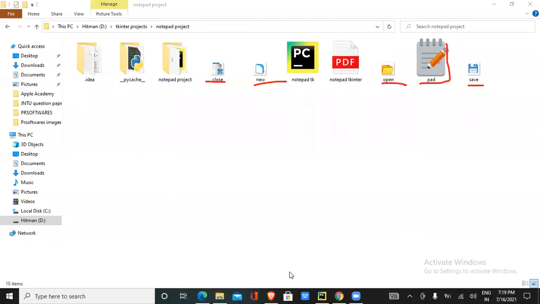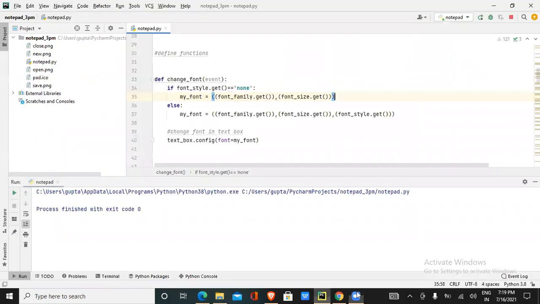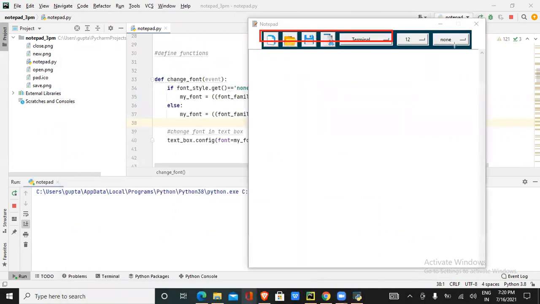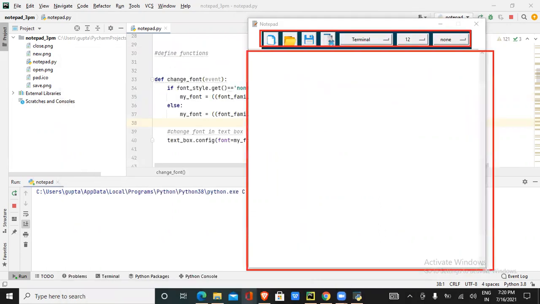So we'll start with the creating part. We'll go with the first part today, the basic layout of a file like Notepad, which we're discussing in today's class. Starting with the layout, I've classified it into basically 2 categories. I'm dividing my Notepad into 2 parts: the upper part and the lower part. The upper part contains all the buttons, drop-down boxes and all, and the lower part is the text pad where you write all your data.